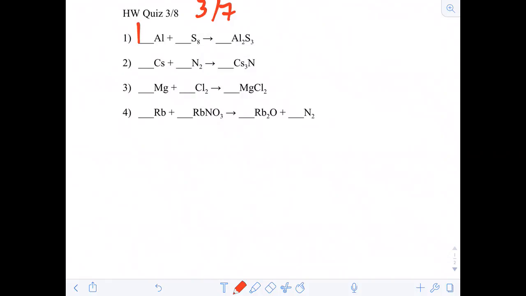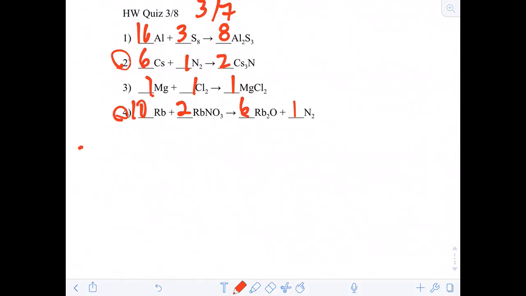So here's the answers briefly: 16, 3, and 8. So 6, 1, 2, 1, 1, and 10, 2, 6, and 1. Okay, so let's just go over 2 and 4 just to save time. These ones I feel like point out to you some ways to make this a little easier, have fewer steps